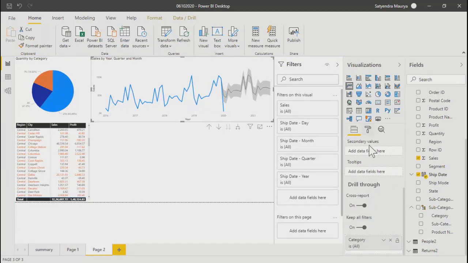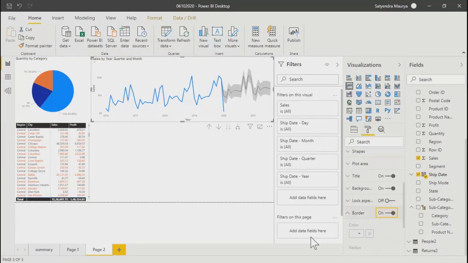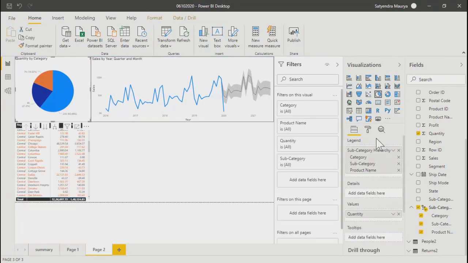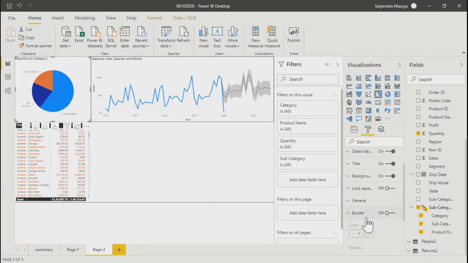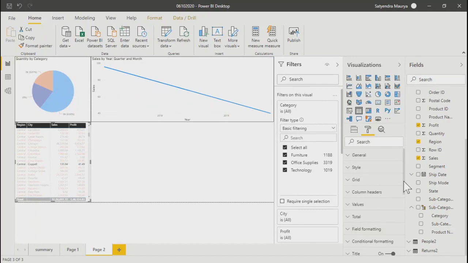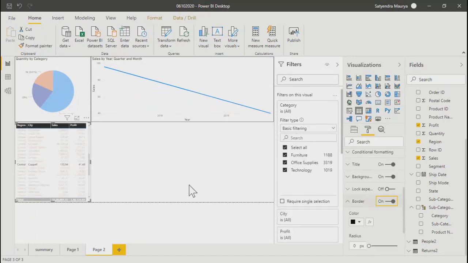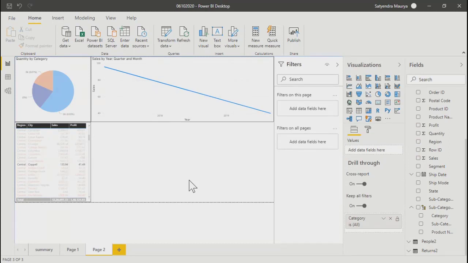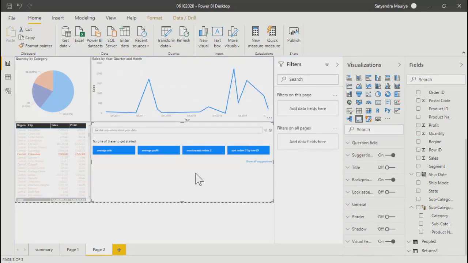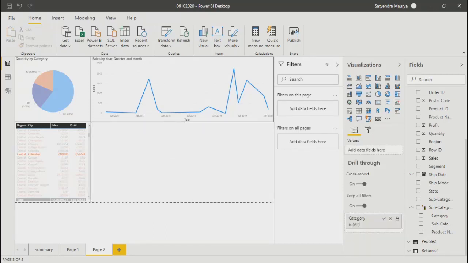For the cross table, I'll just add the cross table control over here.